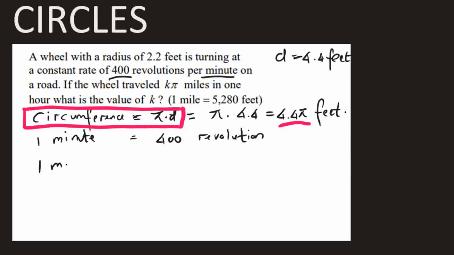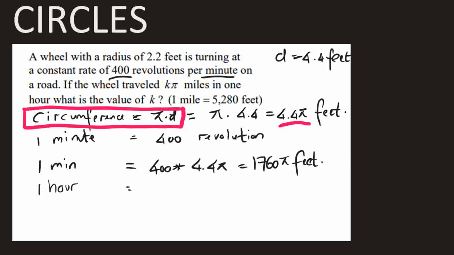So now we count. 1 minute is equal to 400 times 4.4 pi, so 1 minute is 400 revolutions times 4.4 pi, which equals 1760 pi feet. In 1 hour, that is 60 minutes, so we multiply by 60 to get the distance traveled in 1 hour: 60 times 1760 pi equals